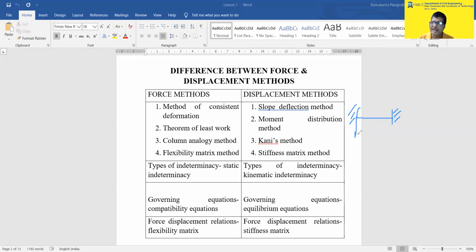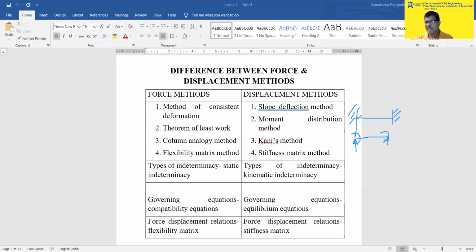So there is no kinematic indeterminacy. But if you take a simply supported beam, it is statically determinate but kinematically indeterminate, because here the slope is not known, and here the slope is not known. So there will be 2 unknowns. Kinematic indeterminacy will be 2 here. So kinematic indeterminacy includes those unknowns where the slopes and deflections cannot be found out, and where the slope and deflection conditions are given, that is kinematically determinate.